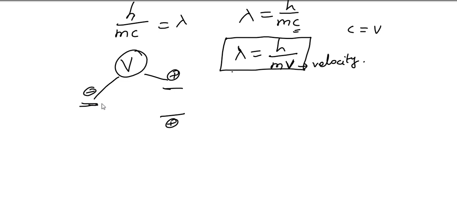So when you apply a potential difference of V across these electrodes, with enough potential difference, electrons will be ejected from the cathode and try to reach the anode with the speed of v,